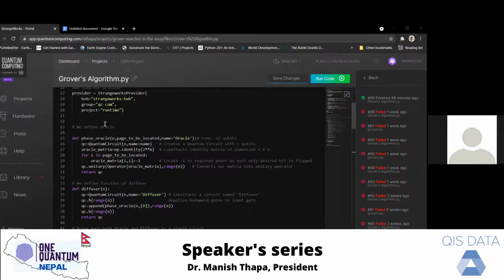At first we define the phase oracle gate, and this gate takes two inputs as arguments. First, n, which is the number of pages from which we want to search a particular page, and that particular page is named the page to be located argument.